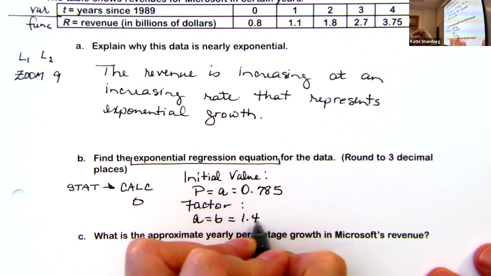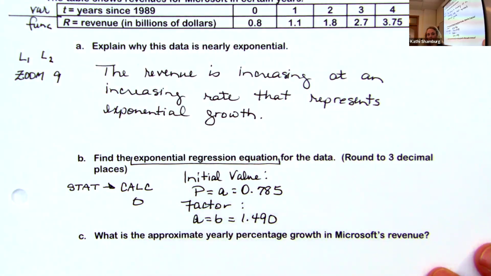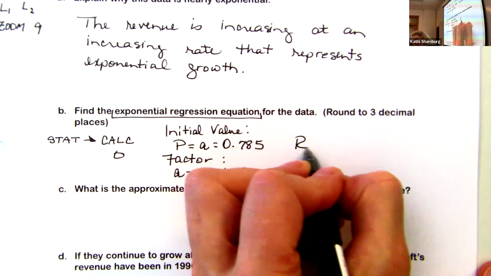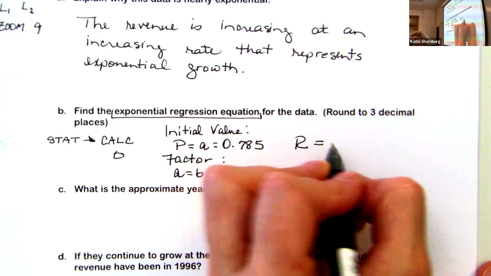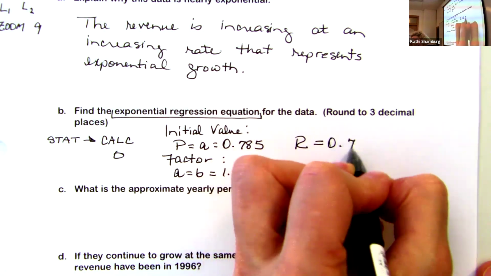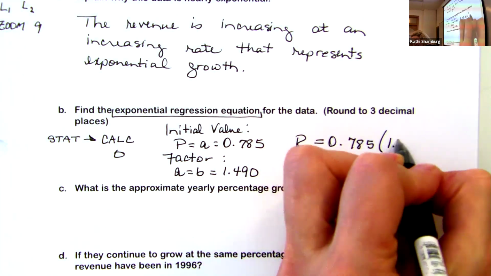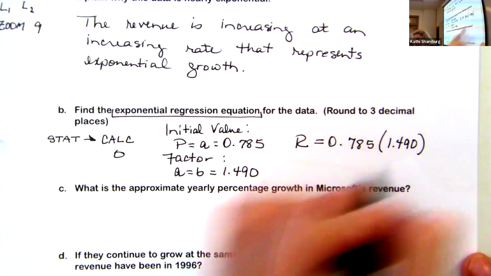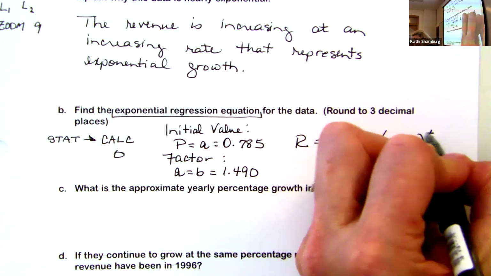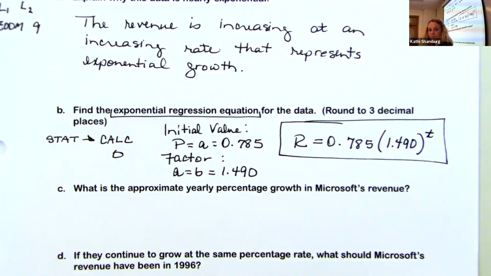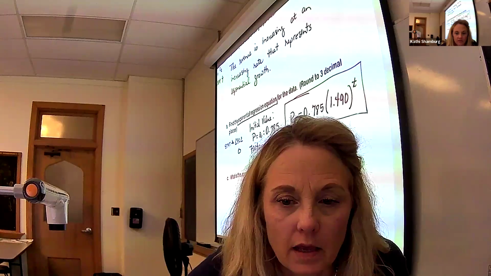That would be 0.490. So in this problem, my function is R, initial value times growth factor raised to the variable t. All right, so I have gone